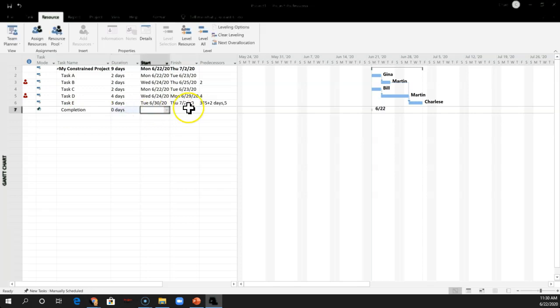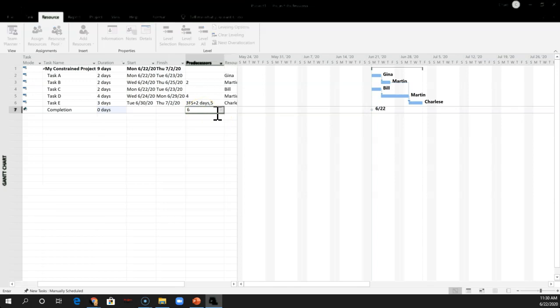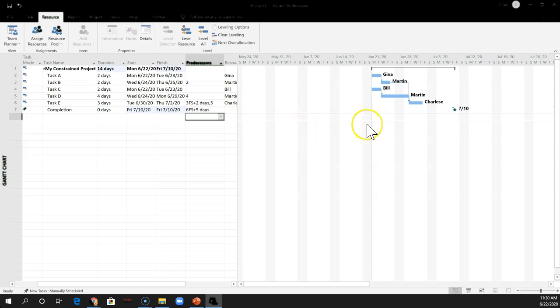Now traditionally they say you don't use milestones in Critical Chain, but this is kind of a shortcut way to make the software do what you want it to do. And so what you do then is you say, well, task E, which is line 6, so I have a precedence of line 6, finish to start, plus whatever our buffer is. Now our critical path was those 3 things, so we said it was 9 days. I'm going to be a little conservative and give the buffer a 5 instead of 4. So voila. We didn't add another task, we just had a completion milestone. And now you can see the buffer shows up right here for the project buffer.